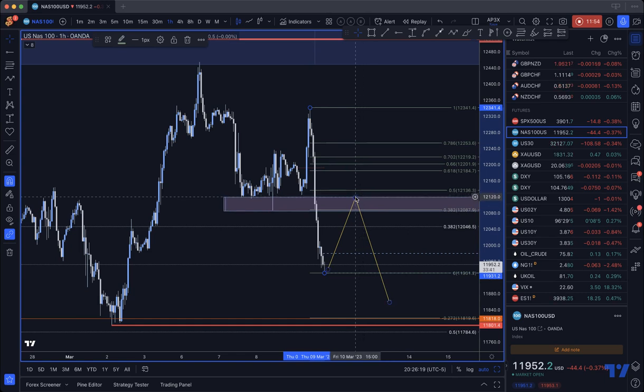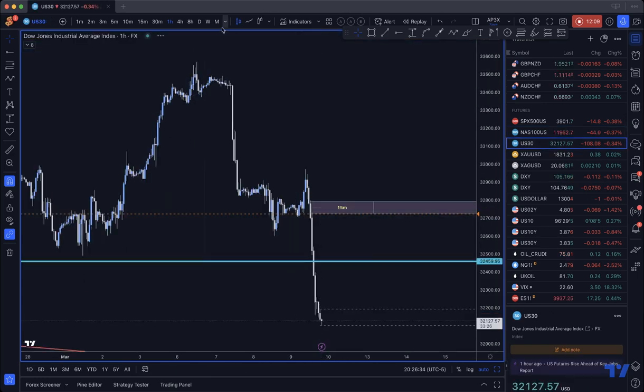So yeah, right into the 50, and then this order block is right here, a 1-2 candle order block that we can use as a rejection point, as an entry for the short position. And your study is also, I think, displaying the same